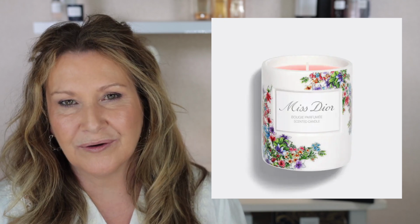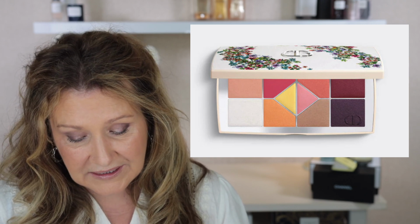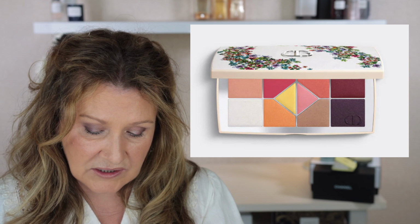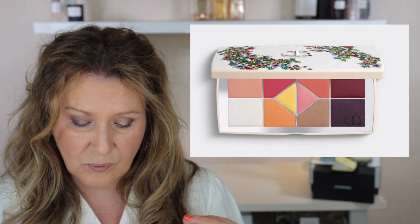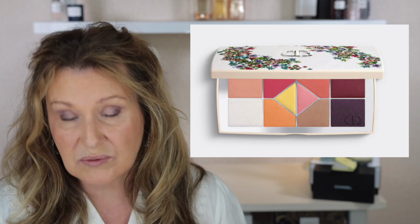Again, I will have a look at videos and see what the 10 colour eyeshadow palette looks like. I think it actually looks really interesting, and there is down the left in the middle there that orangey shade, and that could look really beautiful if mixed with the brown, and that could work really beautifully as a blush as well. These palettes are really good quality, so again, I'm looking forward to swatches of this and also seeing different ways